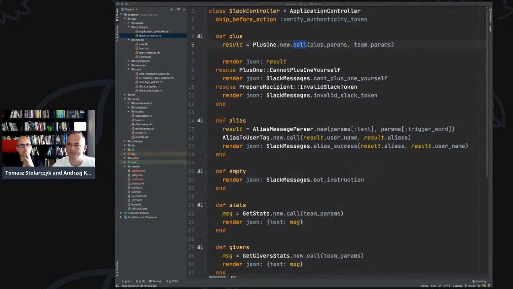I was thinking that as an application, this +1 application could have its own API, and then those bots could connect to it. So we could have some generic endpoints here, not Slack related.